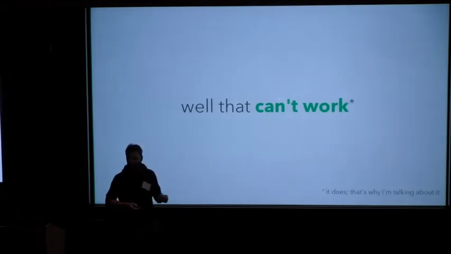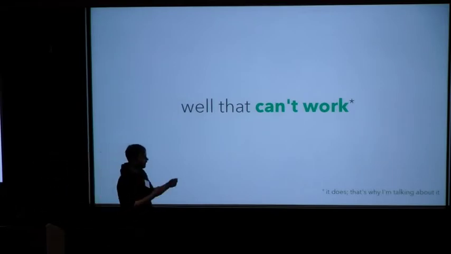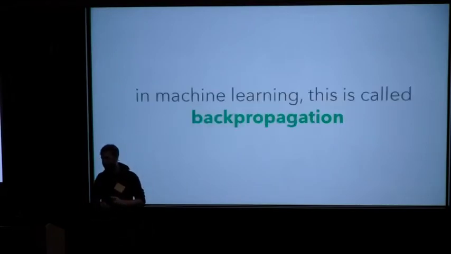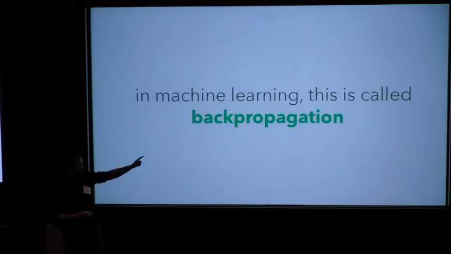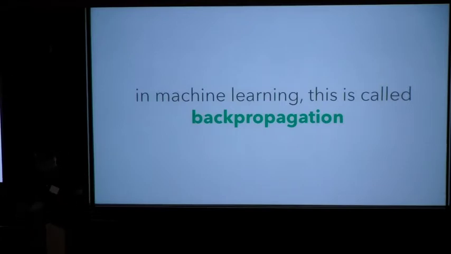It doesn't sound like it would be very efficient, things like that. But it definitely does work. That's why I'm talking about it. And we've used it a few times in astronomy, and other people have too. But the reason why it works, I wanted to bring up, is because autodiff in machine learning is called backpropagation, because in machine learning they love to come up with fancy names for things that have normal names other places. It's also called the chain rule.